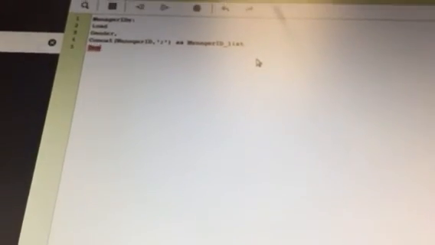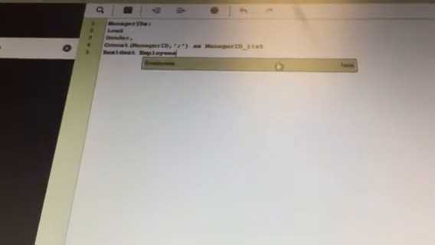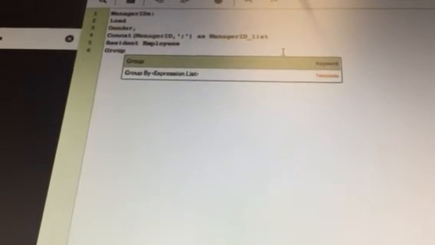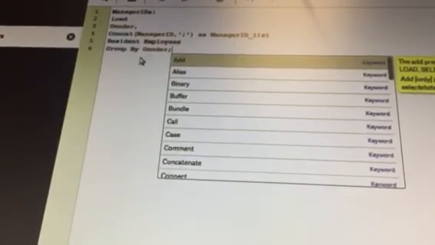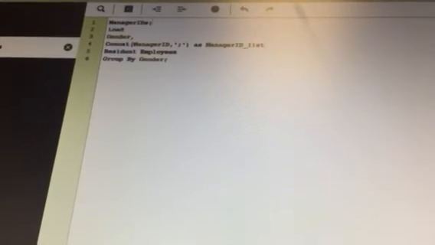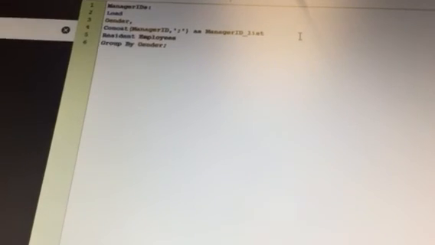And again, just to finish it, it's going to be resident employees group by gender. Make sure you put a semicolon at the end. All right. And I want to talk a little bit about that concat. Let me load it just to make sure I don't have any syntax errors. Okay, that looks good. And I'm going to put that in Word so you can see